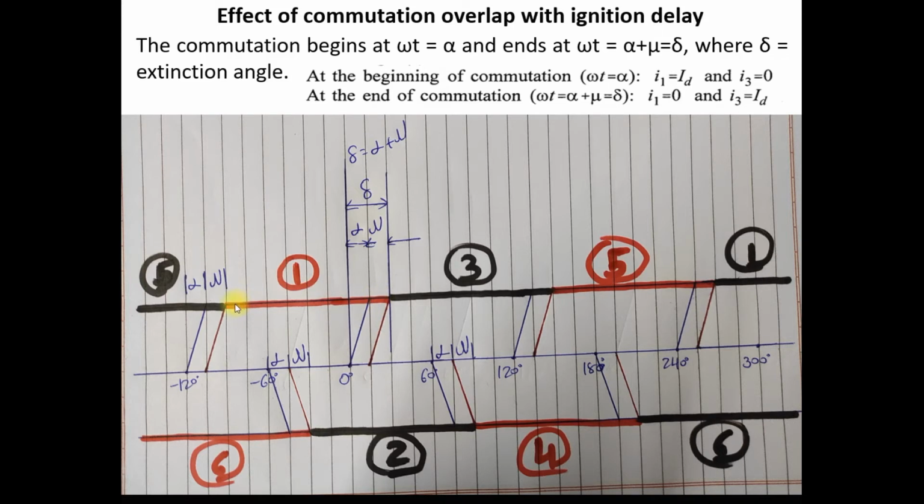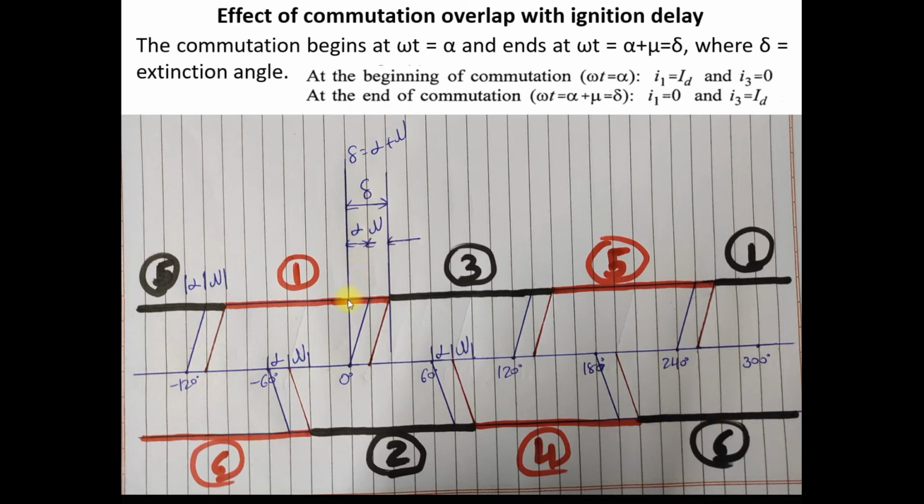So the highlighted area of conduction of valve number 1 starts from here and ends here completely. It means at this point, current flowing from valve 1 is 0. It means that it acts as an off switch, and current flowing from valve 3 is Id, or Id is equal to I3. Clear? So at this point, valve 3 is completely on. So this transition period is because of the overlap angle, and this delay is required because you provide the alpha.